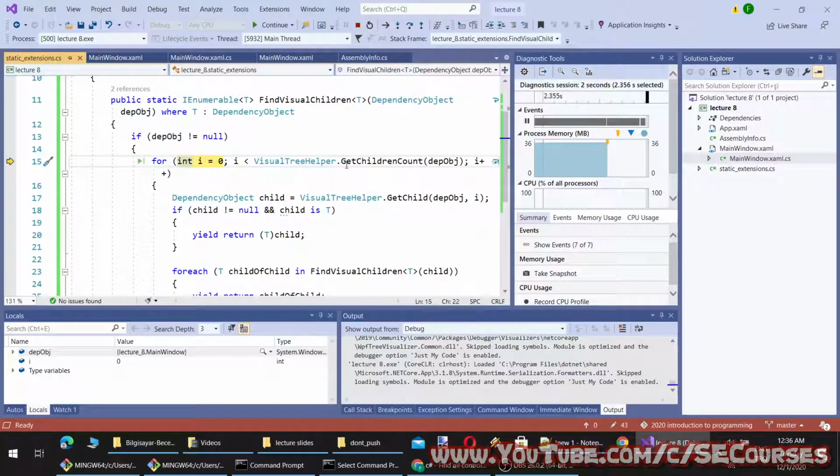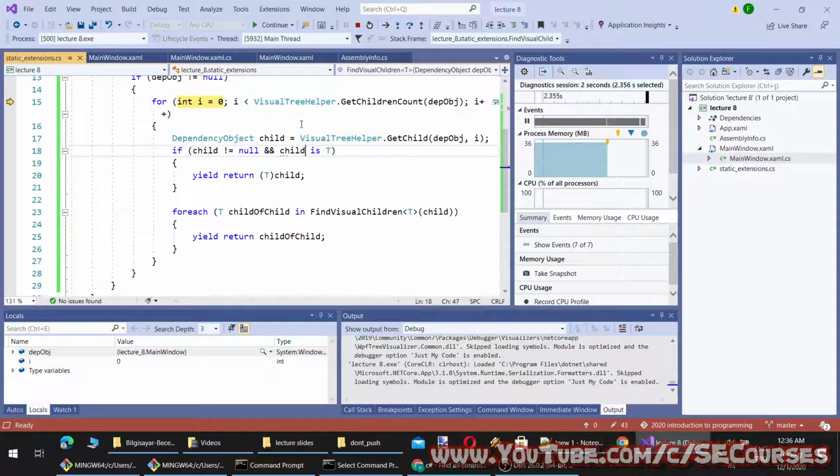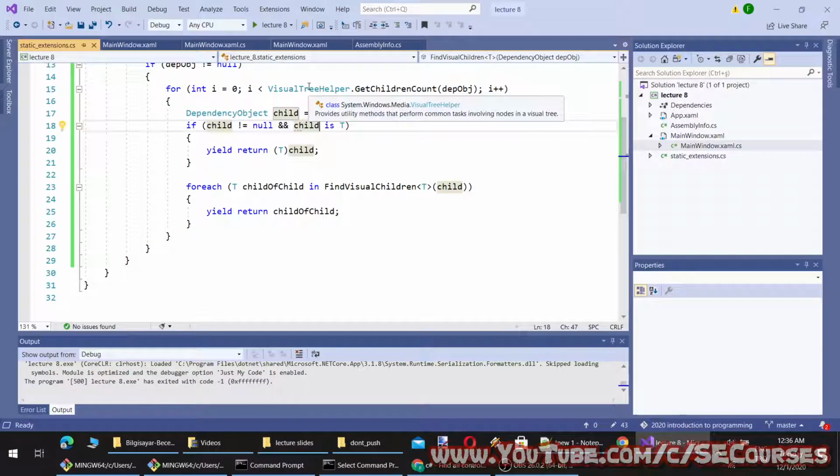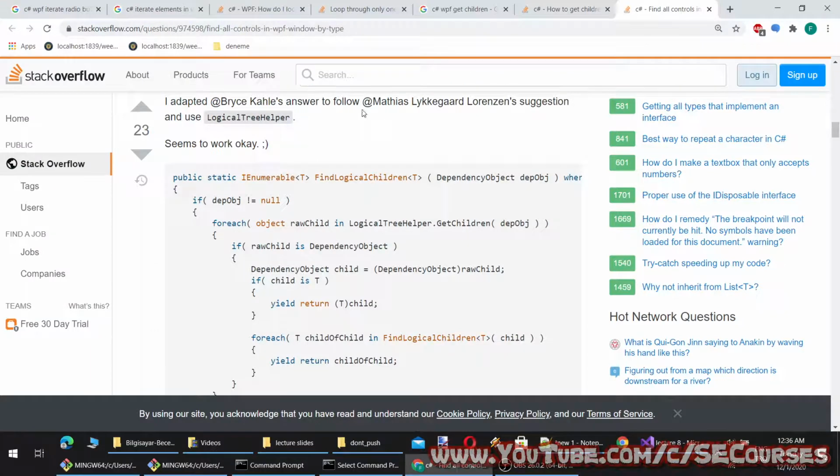Okay, VisualTreeHelper. Why is VisualTreeHelper not working? Because VisualTreeHelper is a method of Windows Media. However, we are using WPF.